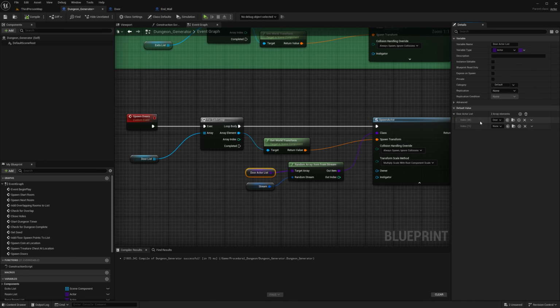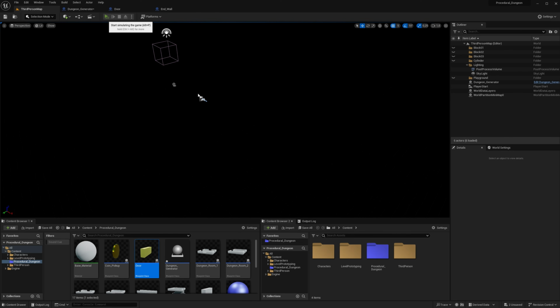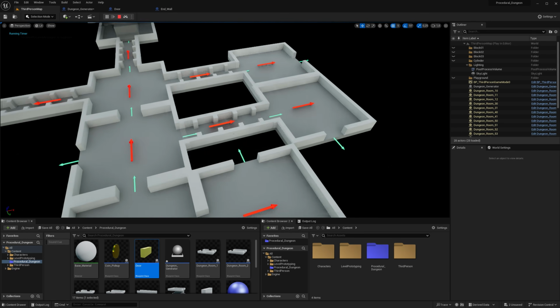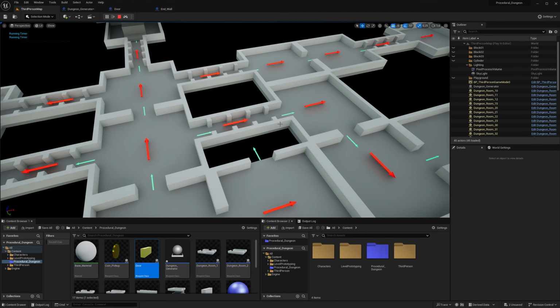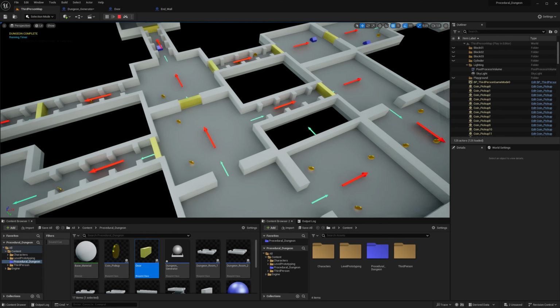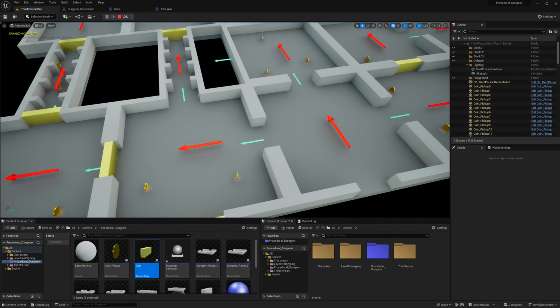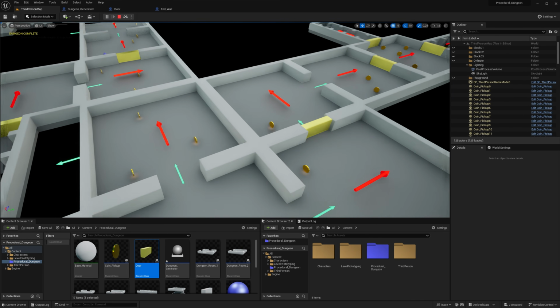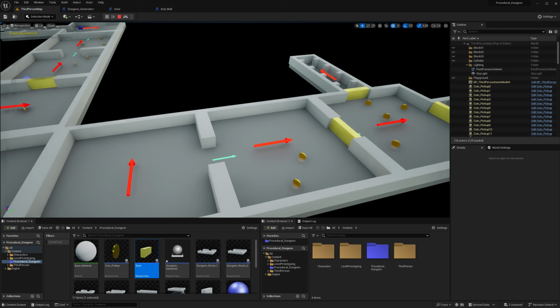Right, the other 50% it will spawn something empty. Let's see if that works. See, we don't have any doors here. We only get doors to some of the rooms.